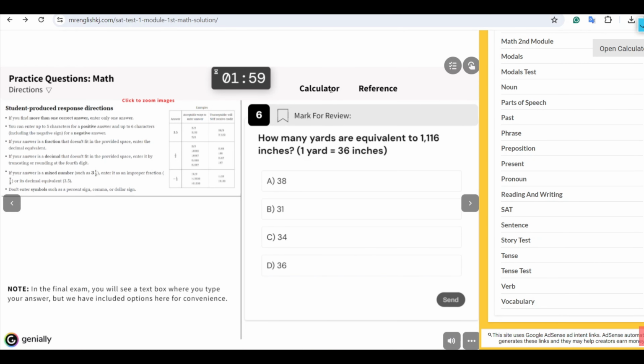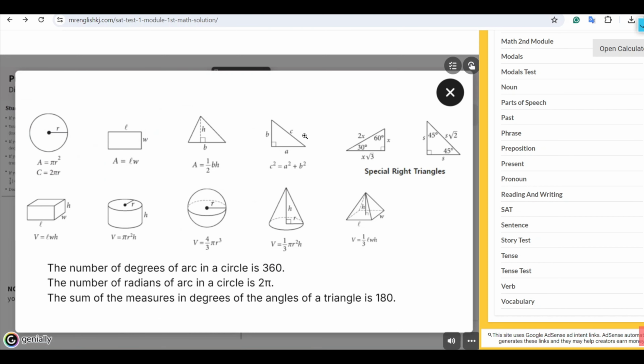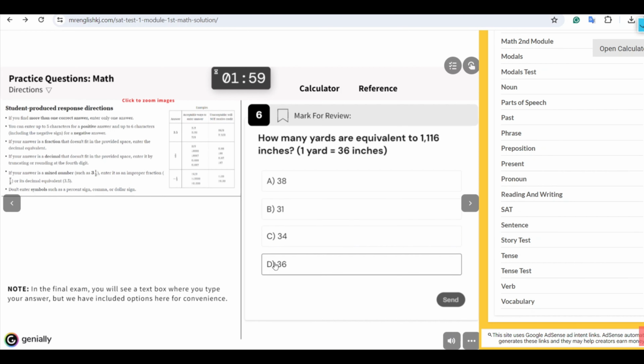The reference page, you can see some references. They will give you some reference for your easy understanding, so you can score good marks. You don't need to worry about a few basic things. They will give you here. Read that also. If you attempt this question, suppose I attempt it and I type 36,